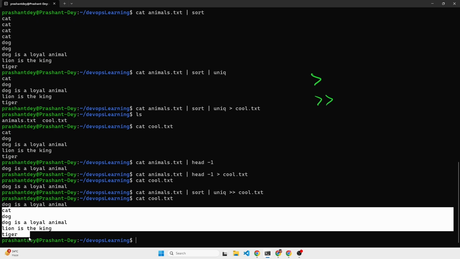So quickly, we looked at the sort command, the unique command, the double redirection as well, and we practiced the pipe as well. That takes us to the next set of commands, which would be around